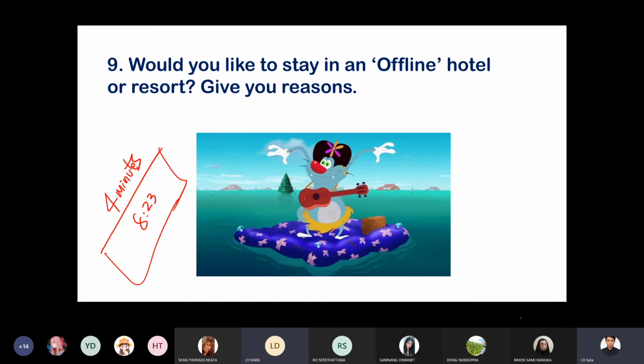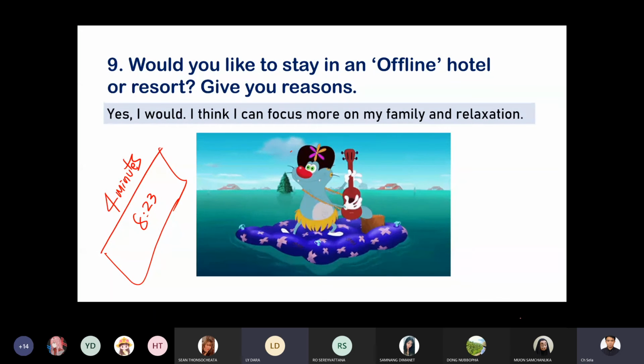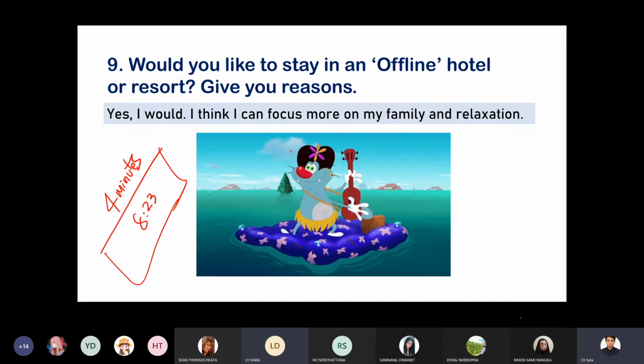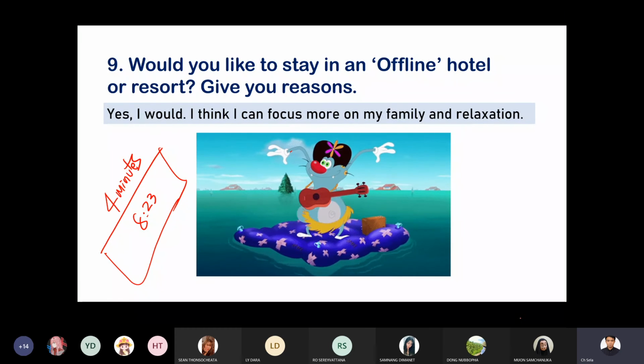Yes, I would like because I can spend time with my families and my best friend and my special person. Wow, you're a special person. You go together, special person, best friend and family, or? I mean best friend and family. Okay. Very good. Thank you very much. You can have more activity with them, right? You can have more talk with them as well. All right. Thank you very much.